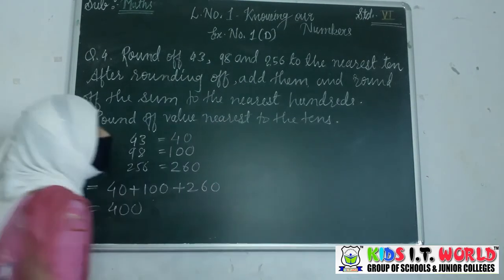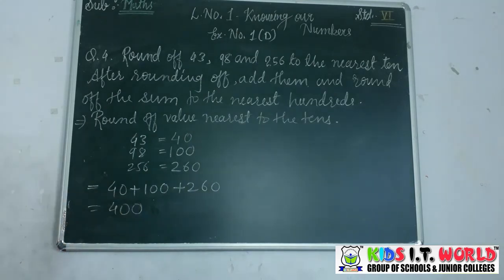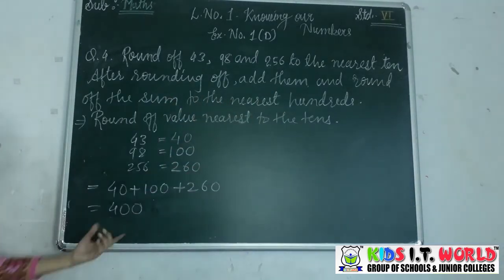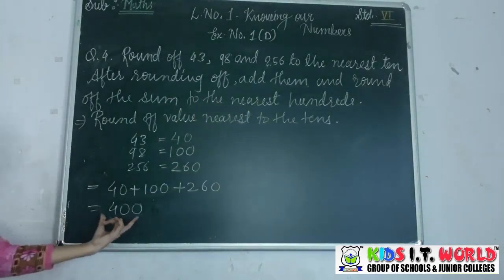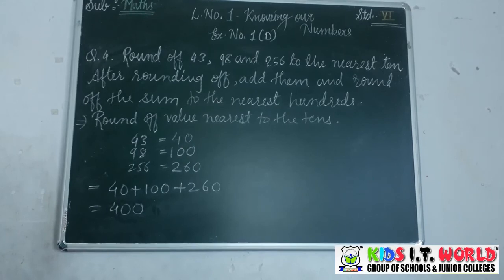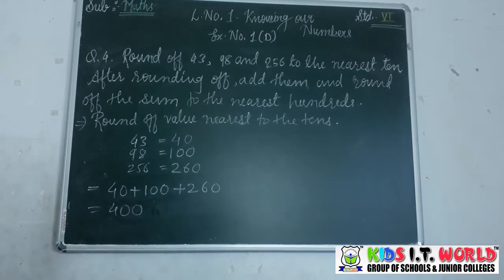Now you can see this is already a value nearest to the hundreds. It is already given to you as hundreds, so there is no need for rounding of the value. See here, the statement is true for this given value. Now the next question, you have to estimate and solve the nearest tens, hundred and thousand. So let's see the next question.